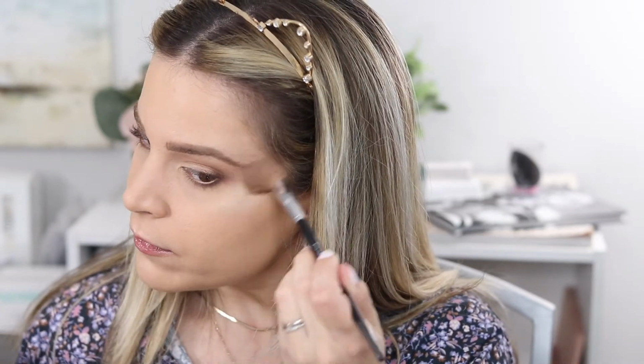So again, starting the face look, we're going to highlight first. I find putting the highlight on first, especially a highlight that's very intense like this one, allows the other blushes and bronzer colors to mesh with it a little bit more, so it doesn't look as fake as it could sometimes. So I'm using my Pro Highlight 98 brush from Sephora in the highlight color. This is gonna be intense. I don't know if the camera's gonna even pick it up as intense as it is,